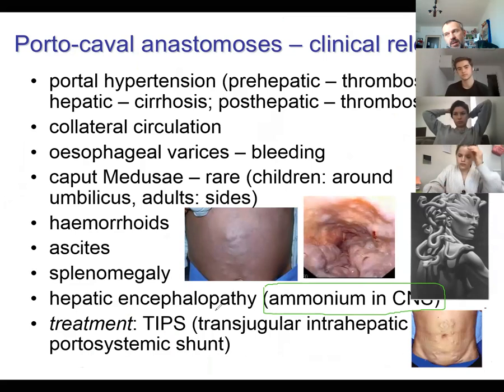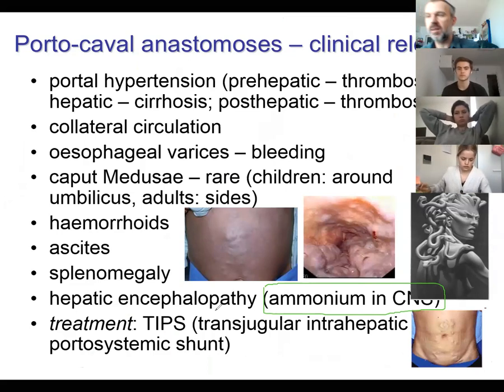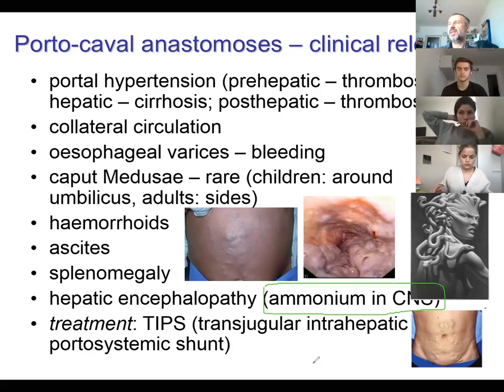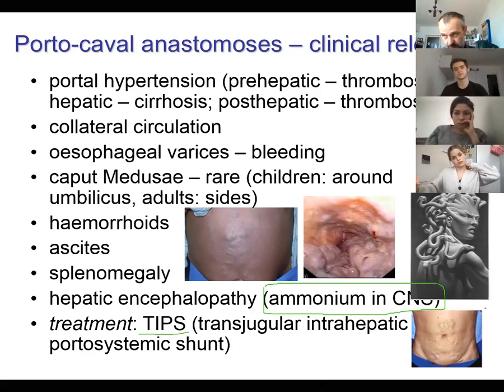But if it does not work, the ammonium is toxic for the brain, and then this is the problem. So then the patient has to go to dialysis as well. But if you have too heavy ascites and you need to renew the classical way from portal to inferior epigastric, you can perform a TIPS. This does not help the hepatic encephalopathy, but it can help the hypertension within the